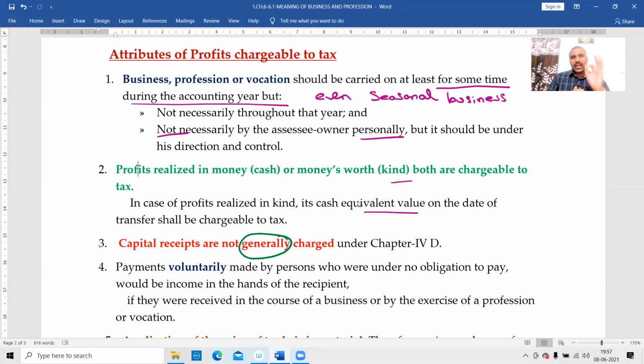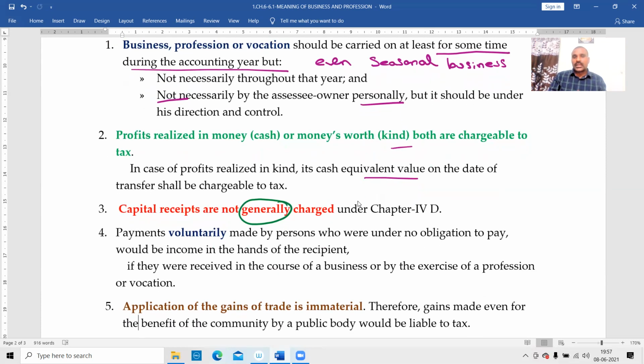In general, capital receipts are taxed under the capital gains head, and revenue receipts are taxed under the business income head. But there are certain exceptions where capital receipts are also taxable under the head business income. That we'll discuss later throughout the chapter. Next, payments voluntarily made by persons who are under no obligation to pay